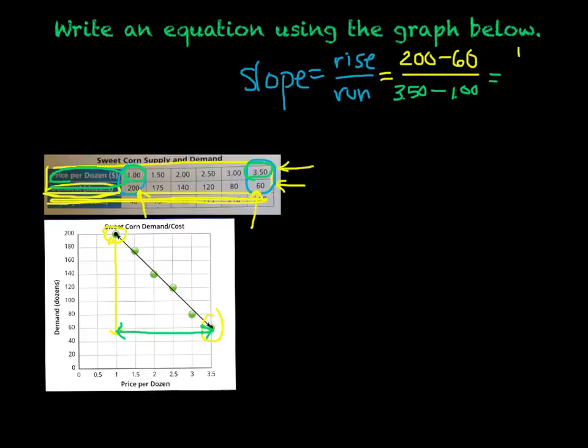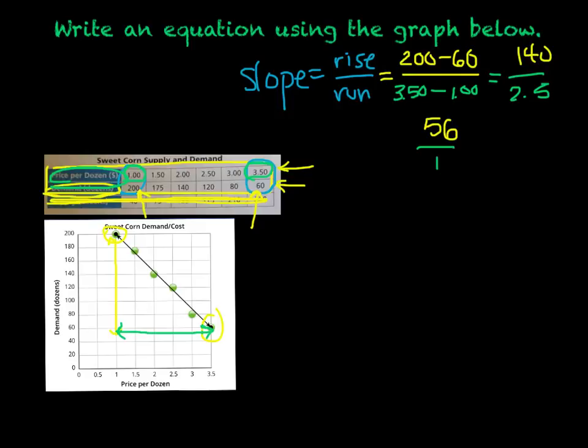200 minus 60 is 140. 350 minus $1 is equal to 250. So how many times does $2.50 go into 14? And if we did a little bit of math, that ends up being 56 times for $1. 56 times for $1 goes in. So that means